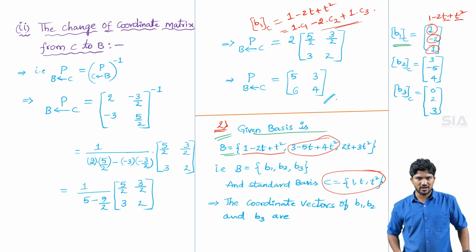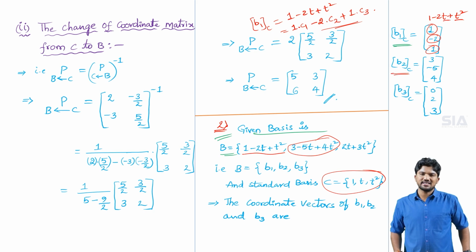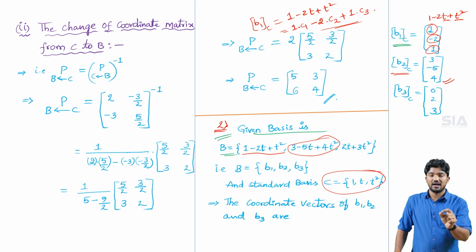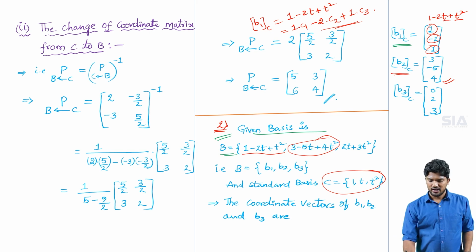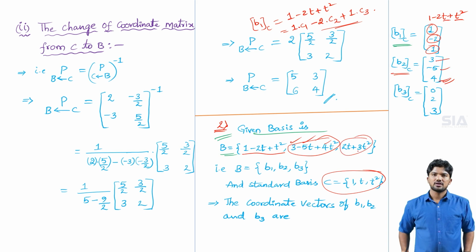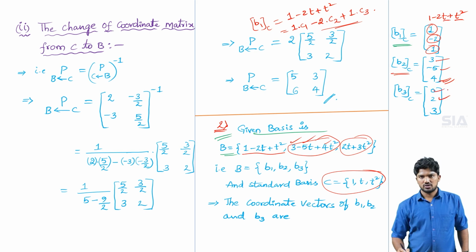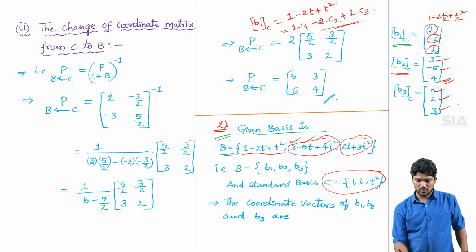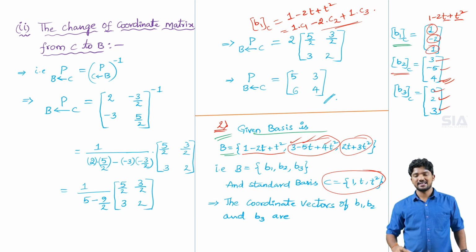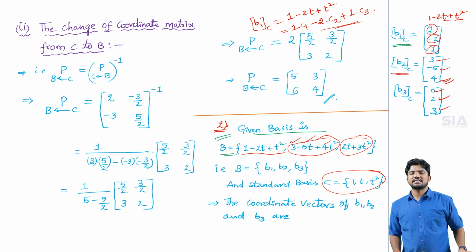Similarly, from that quadratic equation, B2 with respect to C, we can write the coordinate vector equal to the scalar values 3, minus 5, 4. From the third quadratic equation, the constant coefficient is 0, because there is no constant. The small t coefficient is 2 and the t square coefficient is 3. In that format, we can obtain the 3 vectors in the basis capital B related to the standard basis